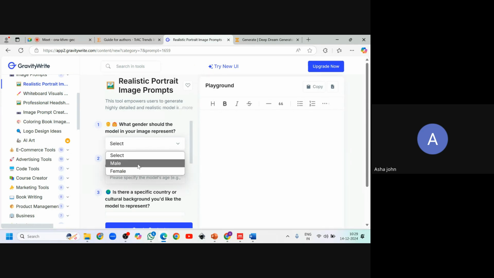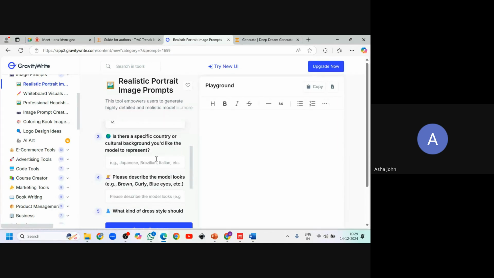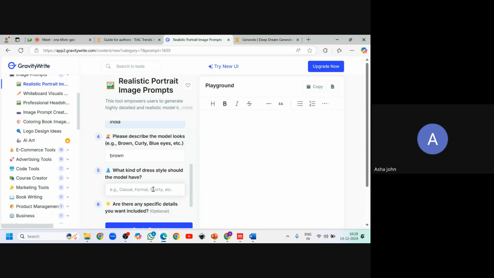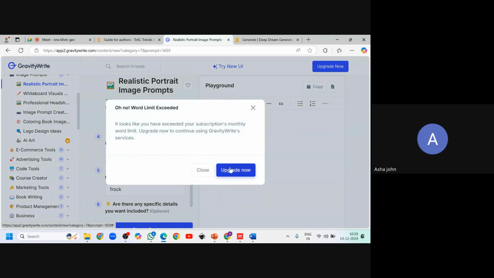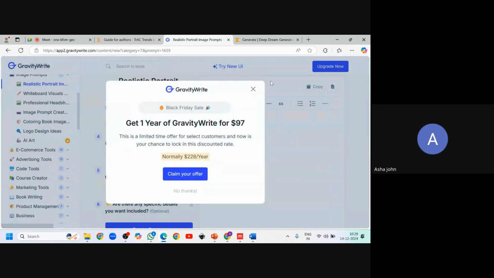I'm just going to make something general. How old should the character be? 12. Brown. Frock. And you can create it, it's exceeding.